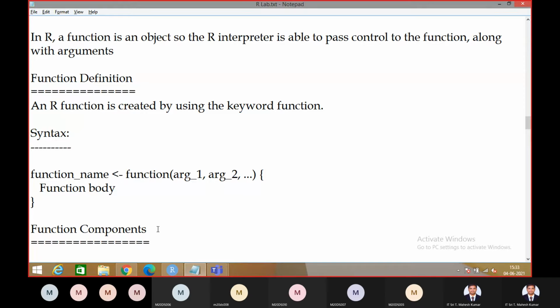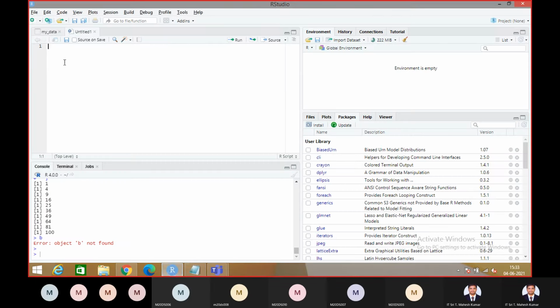And one more very important thing. For example, see here, a equals 10, b equals 20. So if a is greater than b, what you have to do is print "a is big", for example. When you click on run, "a is big" is going to display.